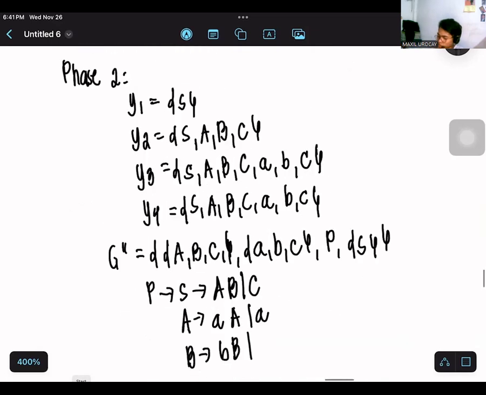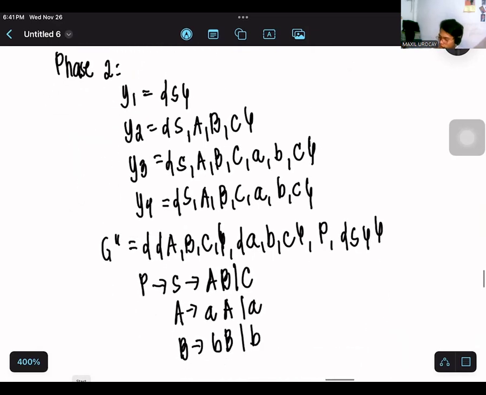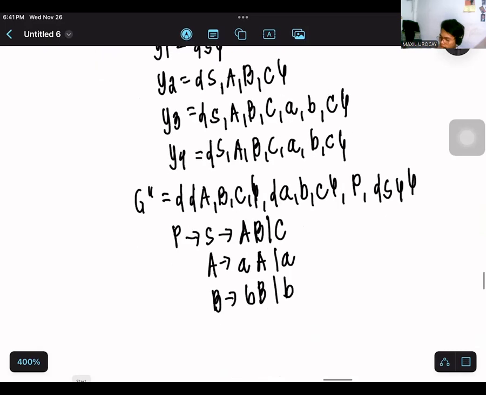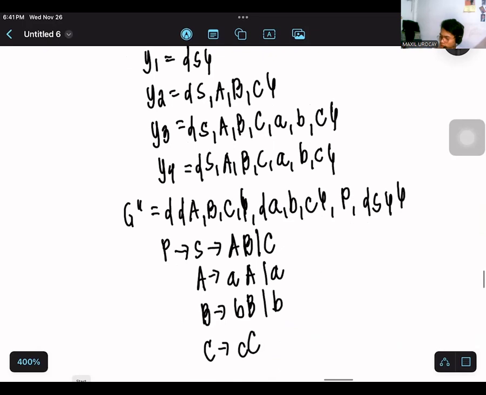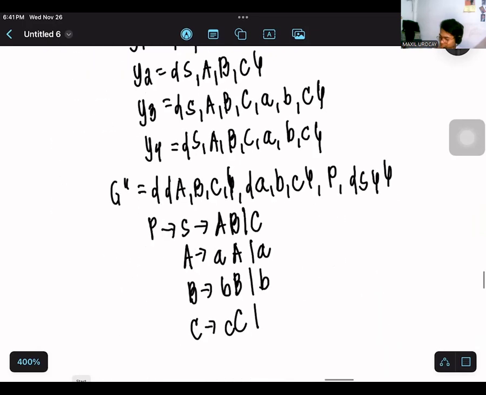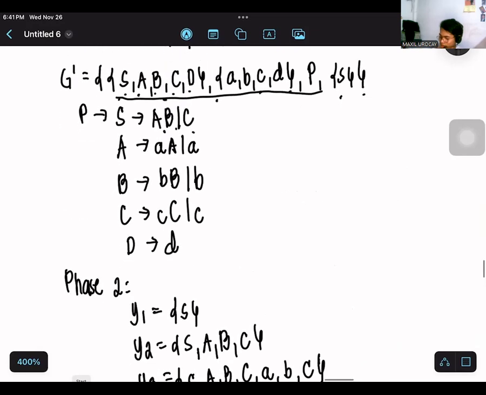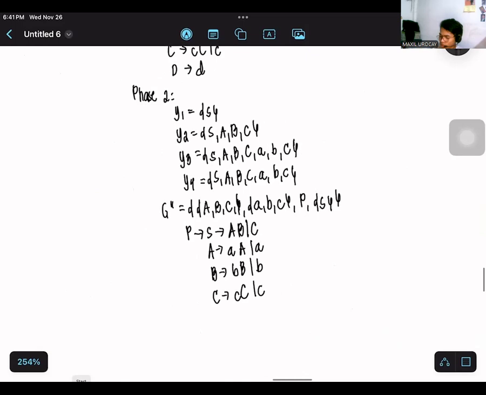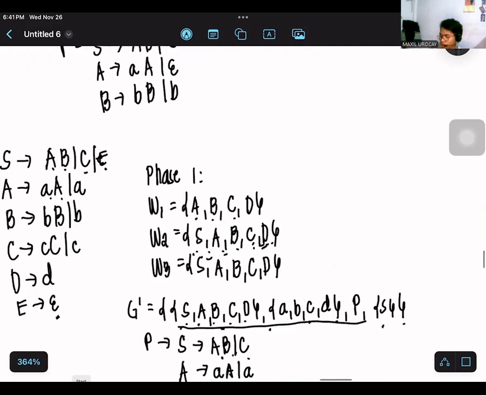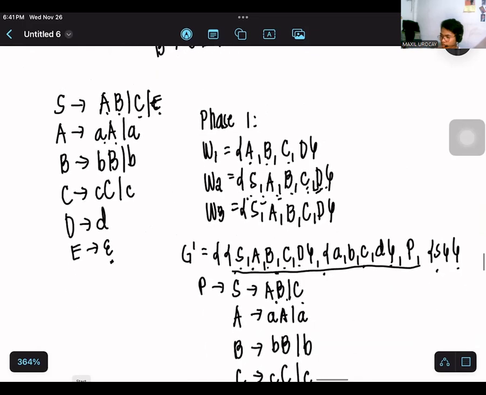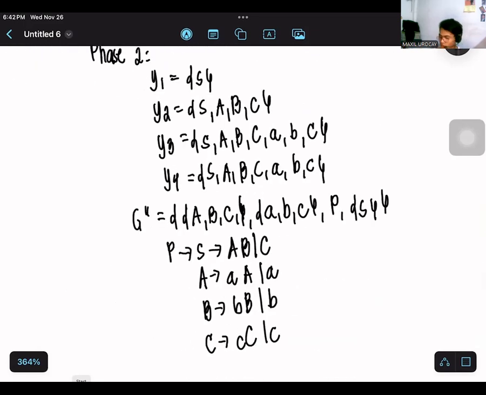Okay. Now B also is accessible, and for C, it is still the same thing. CC, and then terminal C. So D, we cannot achieve that one. So therefore, this is the final structure. Hopefully, class, you were able to understand the process. This is actually the final. Imagine that from these particular details, we have here the resulting value. Okay, so hopefully you were able to understand the calculation, how that works, and in the next video,